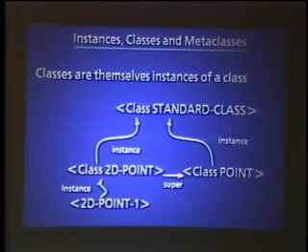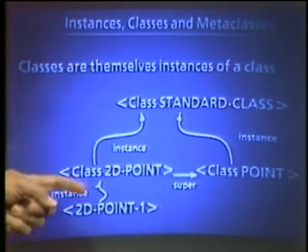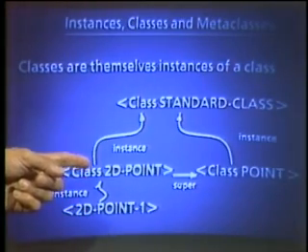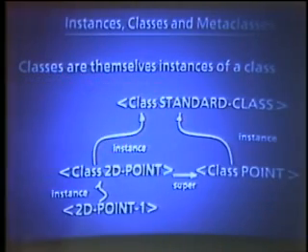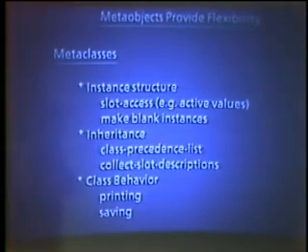Another set of meta-objects are those that are the classes and that define the classes. We see here that a 2D point is an instance of the class 2D point. That class itself is an instance of a class, standard class. And standard class is what is built into the system to allow the appropriate kinds of support for our user base. It also allows the flexibility to be able to change the instance structure, get special kinds of slot access,